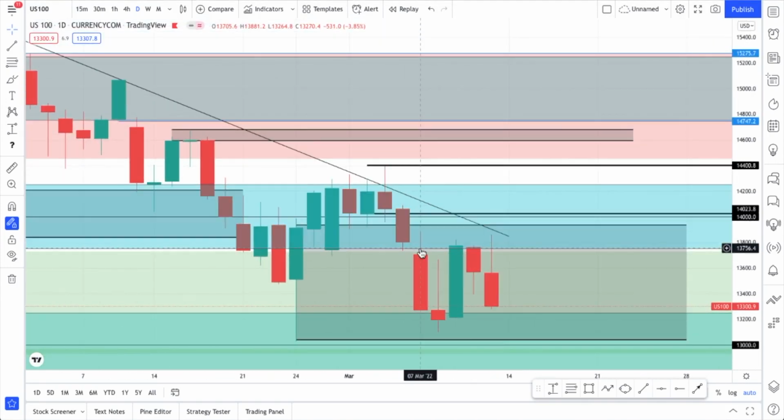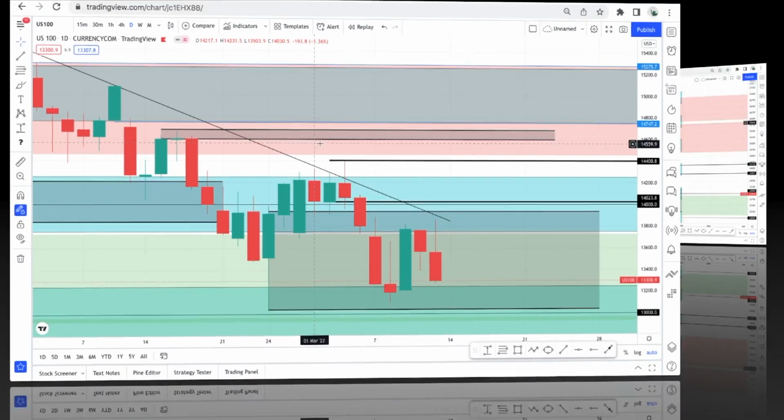So again, from my end, there's nothing much I'm looking to do, due to the fact that we are currently experiencing this risk off sentiment, so I would not look for trades to either side. Although there are setups, I would not be looking to take advantage of any in that regard. So with that being said, I'll move on to the US30.